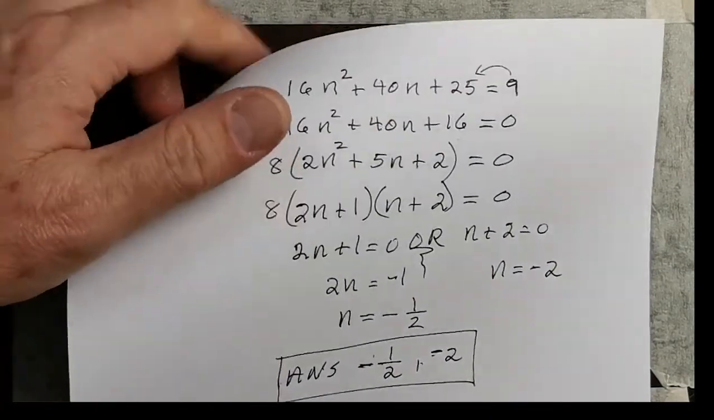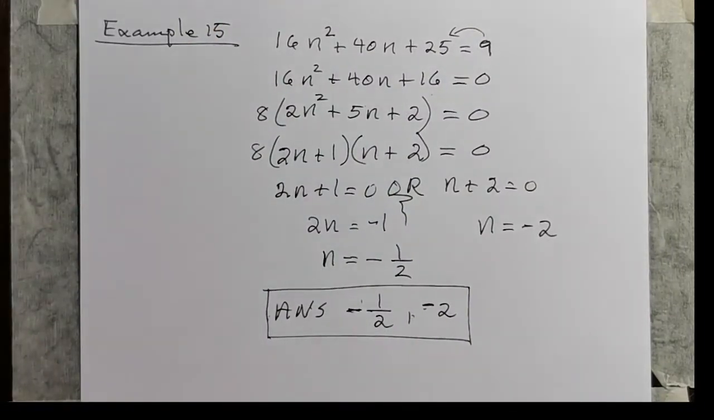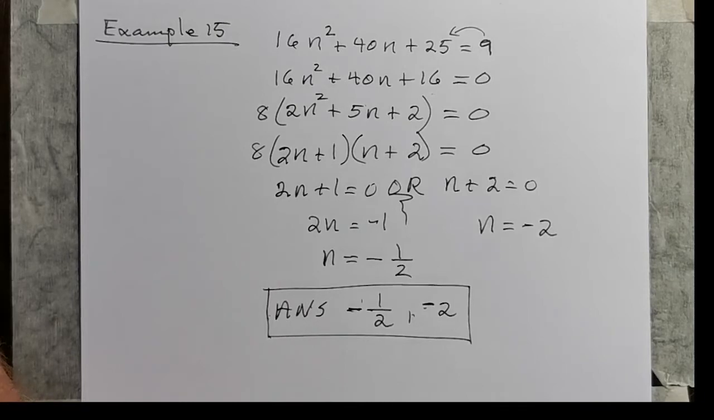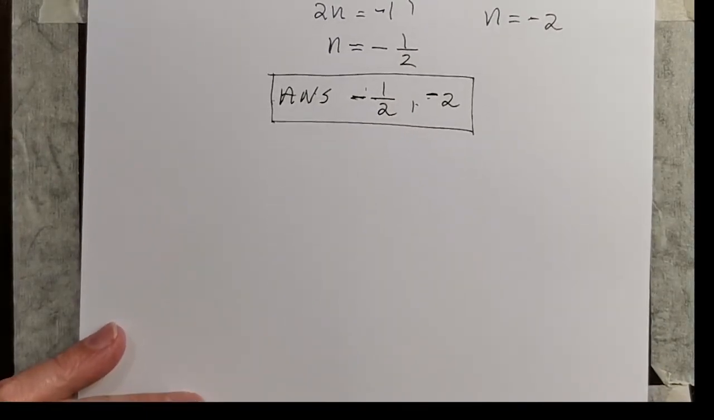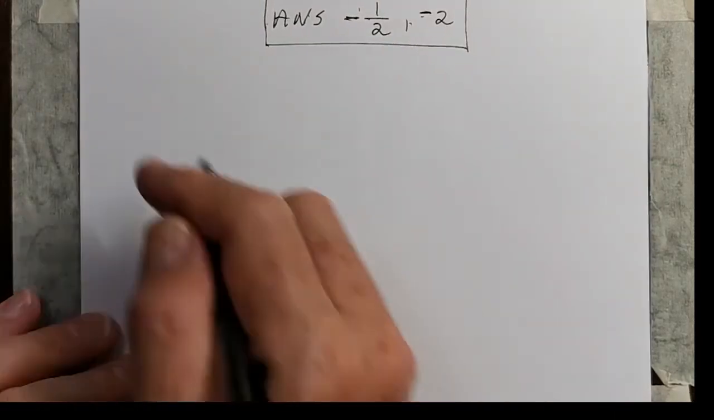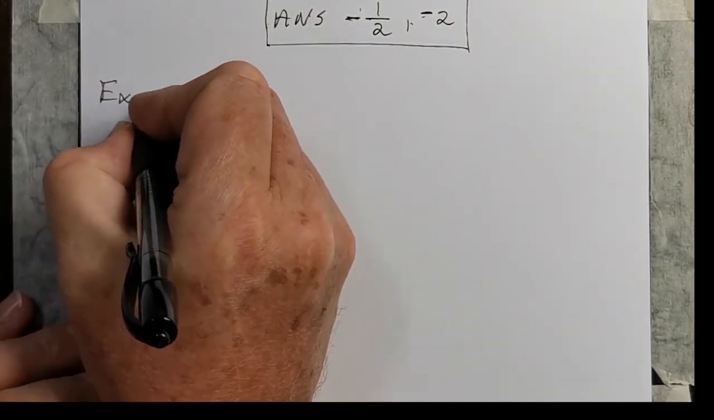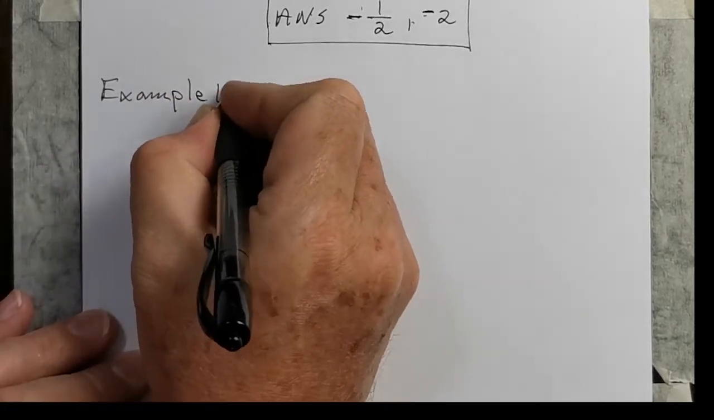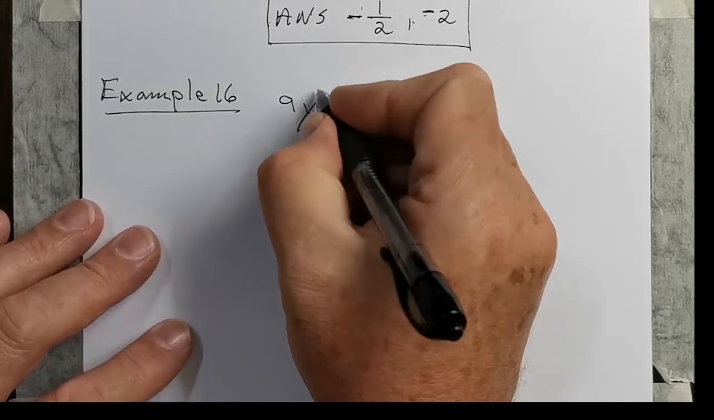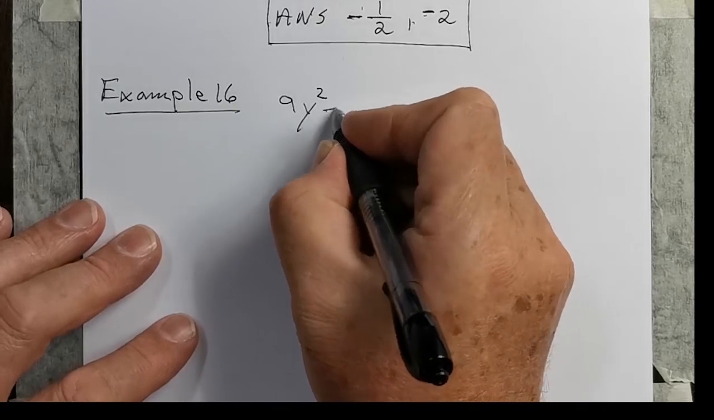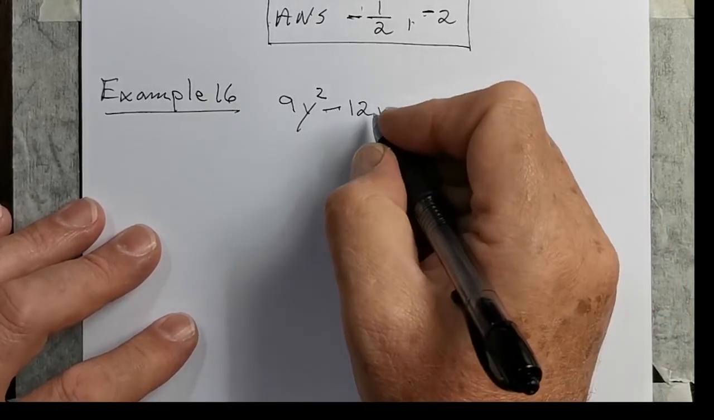So there you have example number 15. We've got one to go. Yeah, example number 16. I think we'll end with this one. One last example. Example 16. Nine y squared minus 12y plus 4